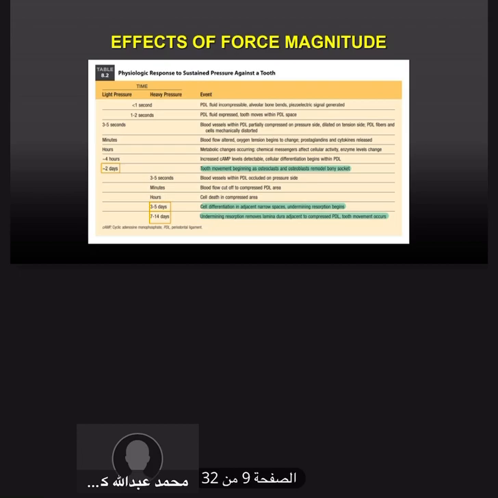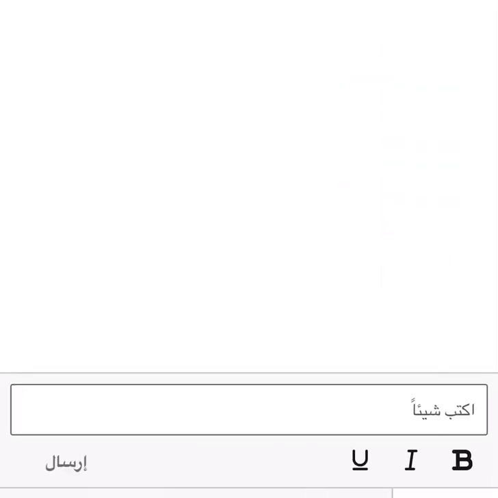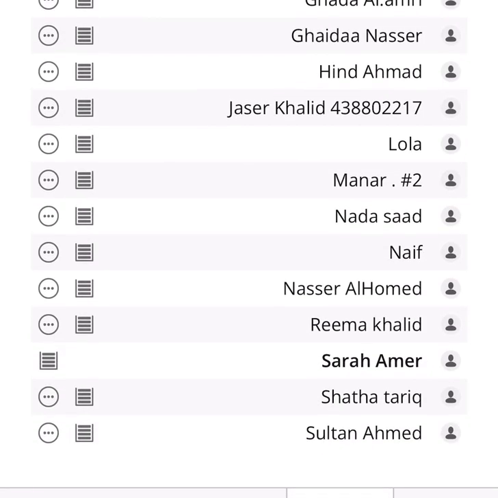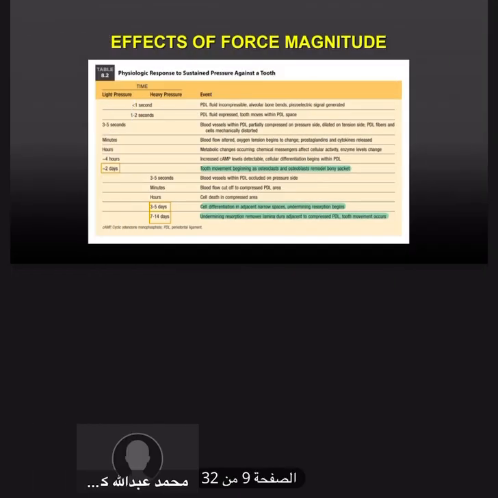So this chart is very important to understand the effects of force magnitude, right? Physiological response to sustained pressure against the tooth. If the pressure is light, what happens within seconds, minutes, hours, and days? And what happens if the pressure applied is heavier? So whether the light or heavy pressure is applied, the initial 2 seconds are the same. That is, the PDL fluid is incompressible, the alveolar bone bends, which results in signaling